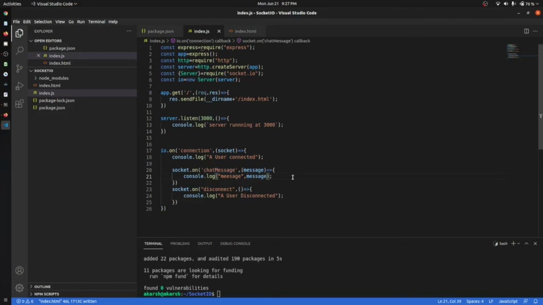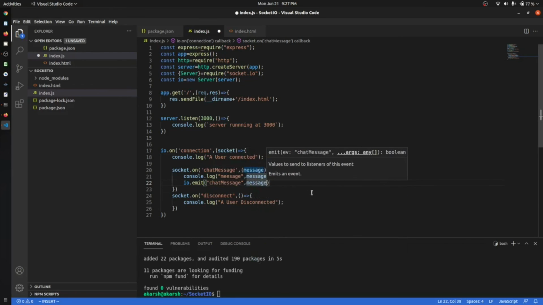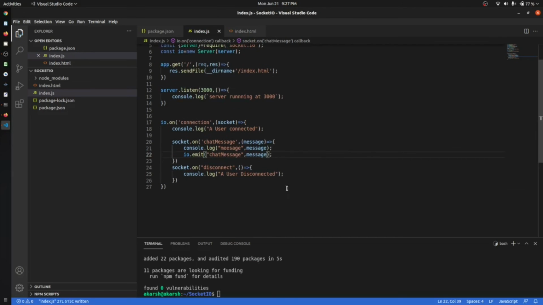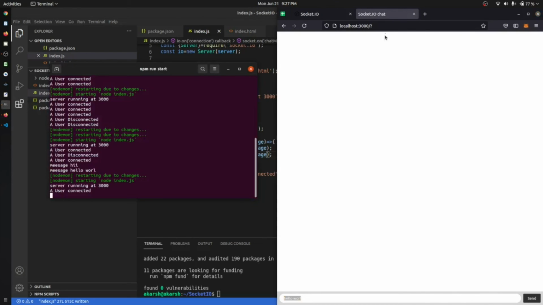So we have to say io dot emit chat message, and inside there we will say message. So this will let us send a message to every user in the server.